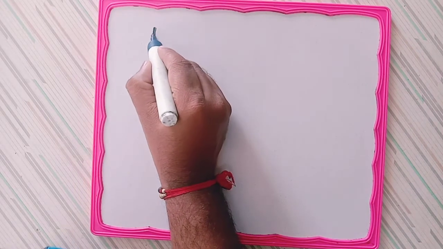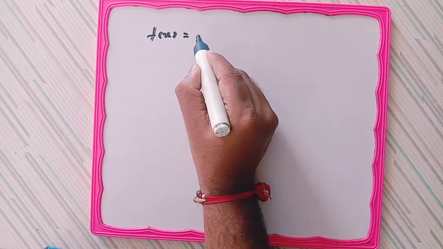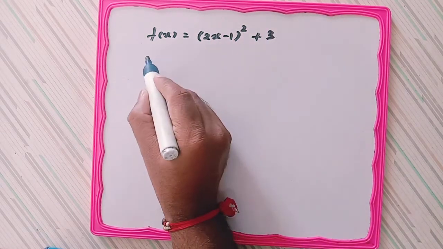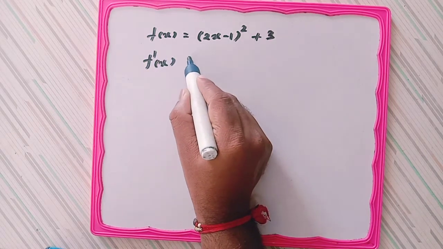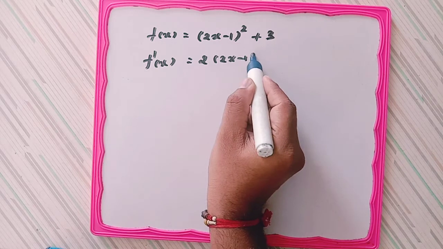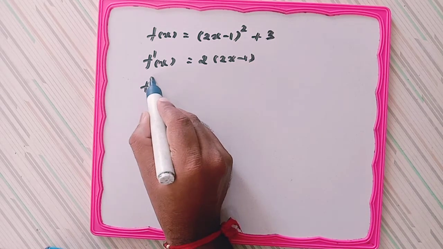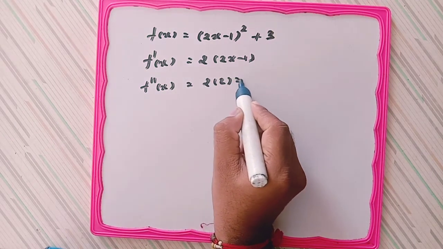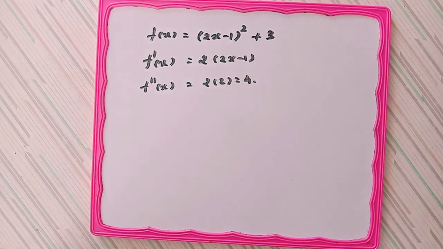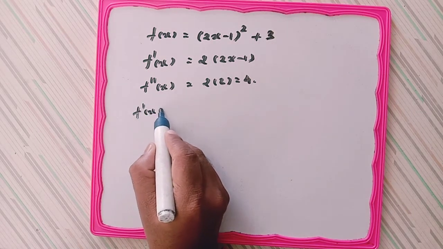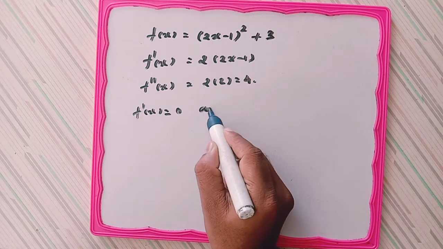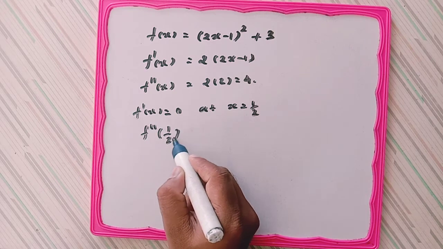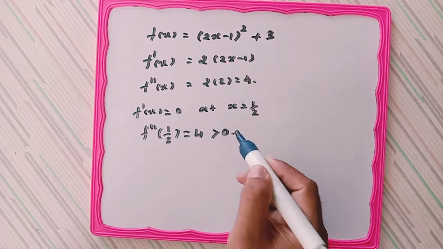So the first function is given: f(x) equals (2x minus 1) square plus 3. So f'(x) we have 2 into (2x minus 1), and f''(x) equals 2 into 2, so 4. So f'(x) equals 0 gives x equals 1 by 2, and f''(1/2) equals 4, which is greater than 0, and so